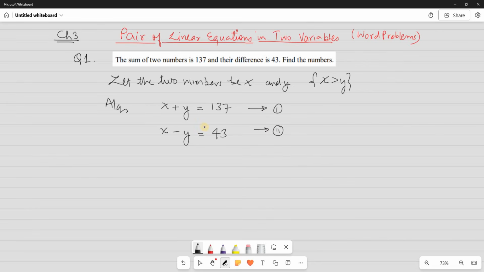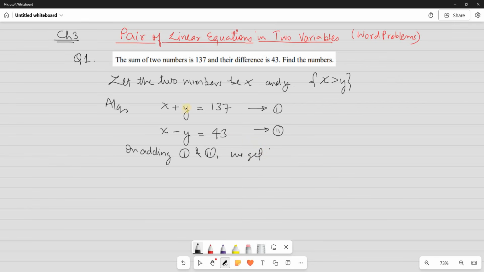We can solve a linear equation in two variables using any method like elimination, substitution, or the graphical approach. But for the moment we'll use the simplest way, since if we add those two equations, the plus y and minus y will be removed. So, on adding equation 1 and 2,